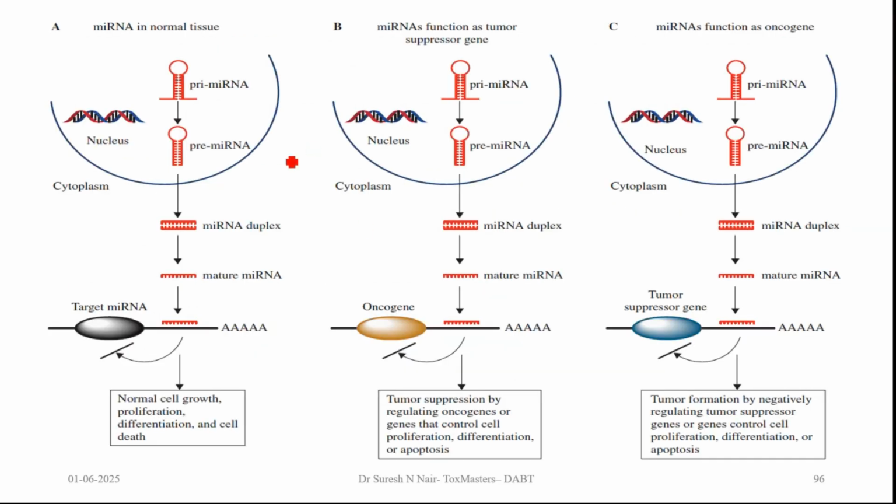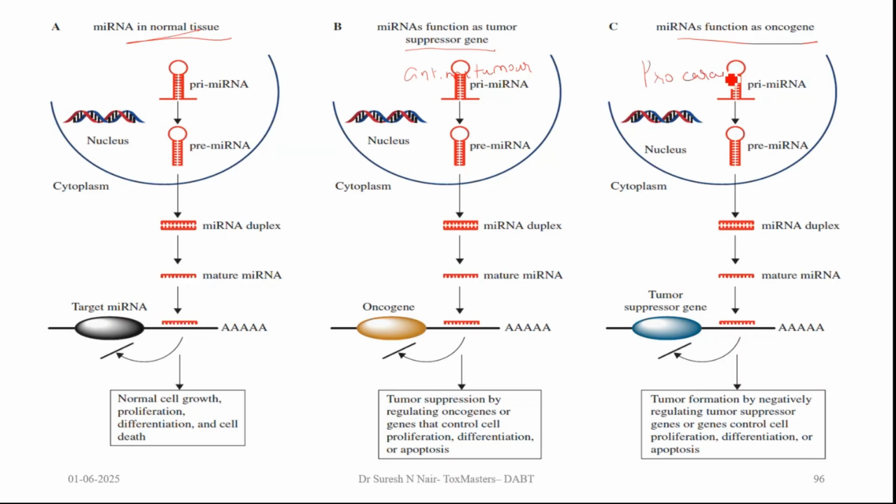So this is the pictorial representation as given in the handout. This is the miRNA levels in the normal tissues, and miRNA function as tumor suppressor genes. So what happens is that they will suppress the oncogenes. The transcription of the oncogenes will be suppressed. So this will have an anti-tumor effect. Okay, such miRNA will have an anti-tumor effect. While this miRNA, when they function as oncogenes, they are